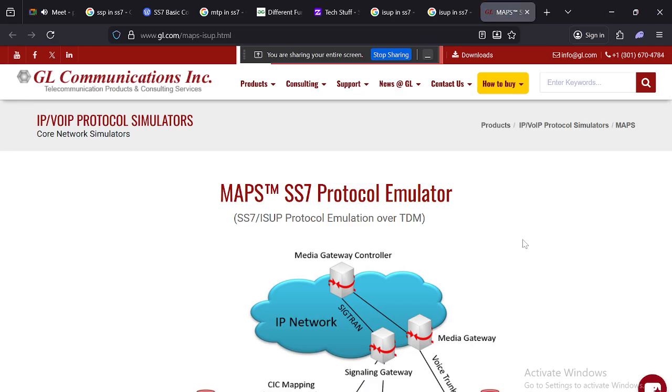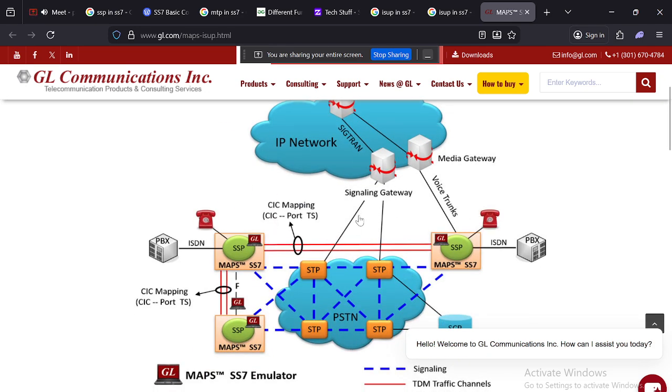So ISUP is the Integrated Services Digital Network User Part. It's a key application layer protocol within the Signaling System Number 7 protocol stack, responsible for the setup and management of calls.